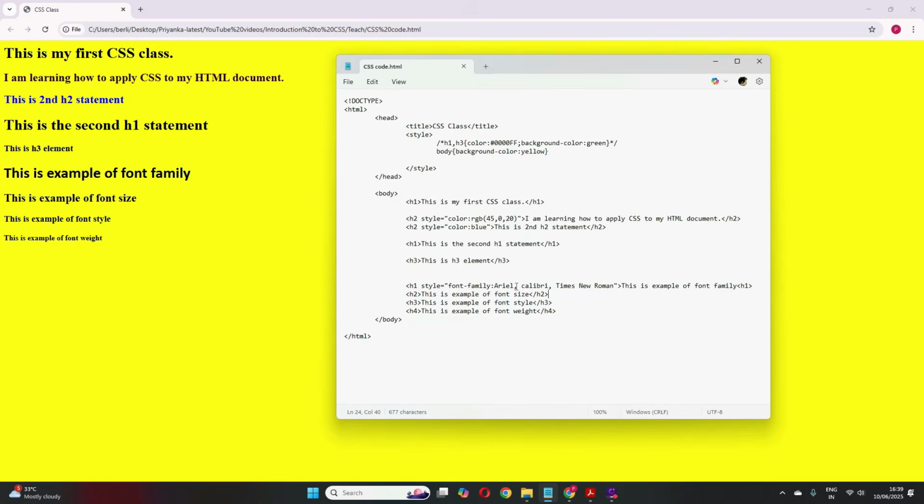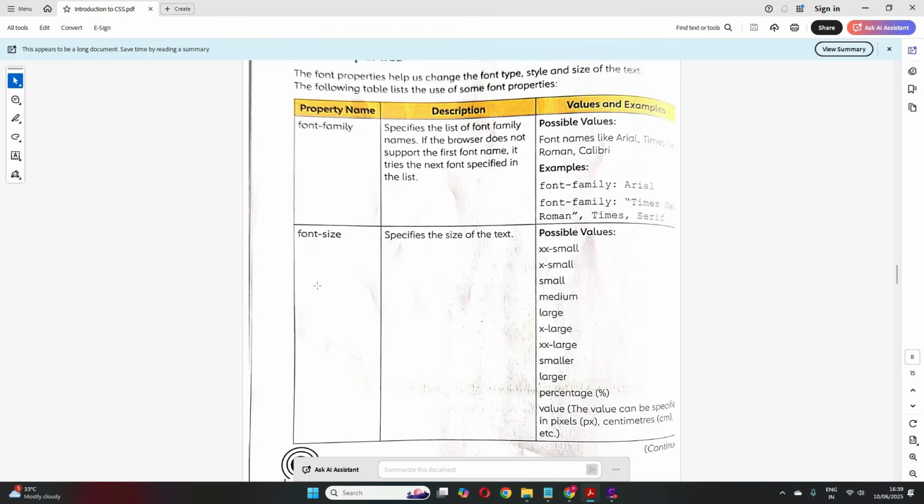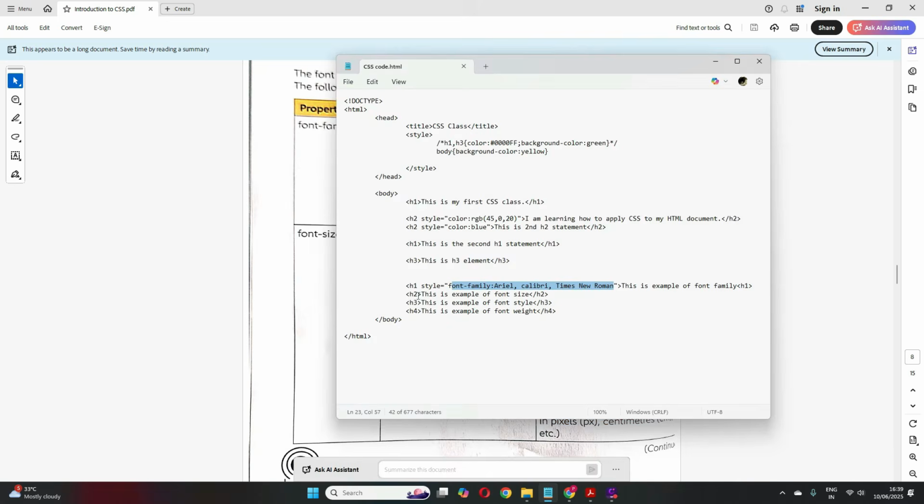So this is what font family is, where we can specify the style, how we want it to be displayed. Now coming next to the font size, which is very simple. How we want the size of our font to be. And there are different ways how we can pass the value to this property. Let's see. So the second one we'll try and see. So style equal to, within double quotes I'll write font-size. So whatever font size we want, colon.